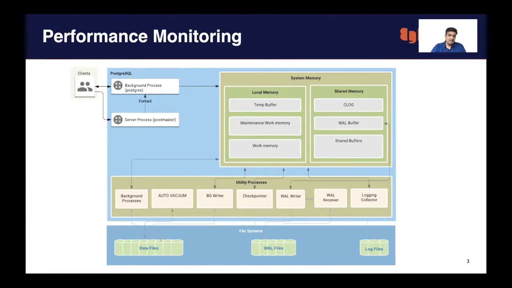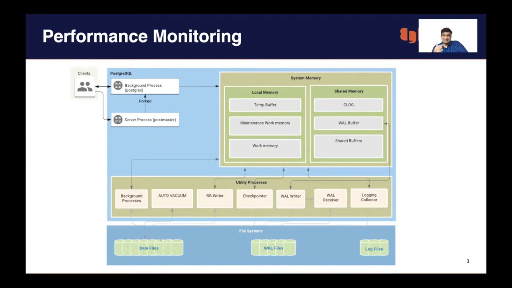Tune your databases at two levels. One at the instance level, where you actually tune your operating system. You have enough CPU, a good number of CPUs, enough RAM to process, the network is good, and disk is available so that there is no disk contention issue, or you have a good quality of disk. And sometimes swap memory usage also has to be tuned.